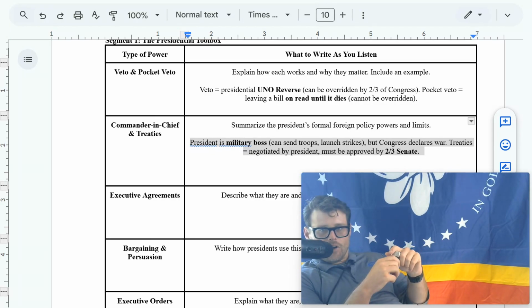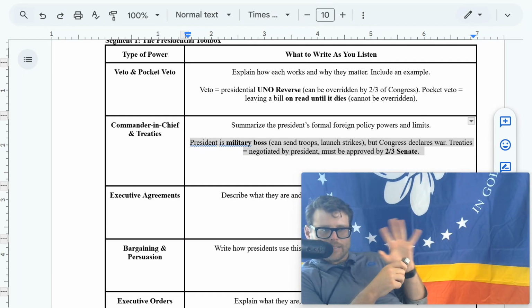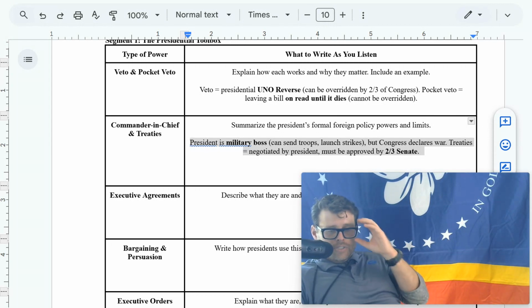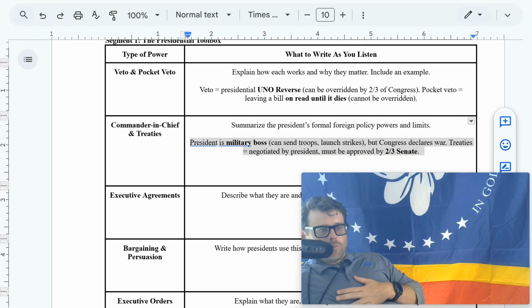So the president signs a law but adds, by the way, here's how I see it. George W. Bush used them a ton after 9/11, the terrorist attack, September 11th, to basically say, I'll follow this law, but in my own way. I believe we should enforce it my way, not necessarily how Congress intended it. And then there's other situations where maybe President Barack Obama or Biden didn't agree with an immigration law. They could do a signing statement saying, don't enforce this immigration law very strongly or very much.